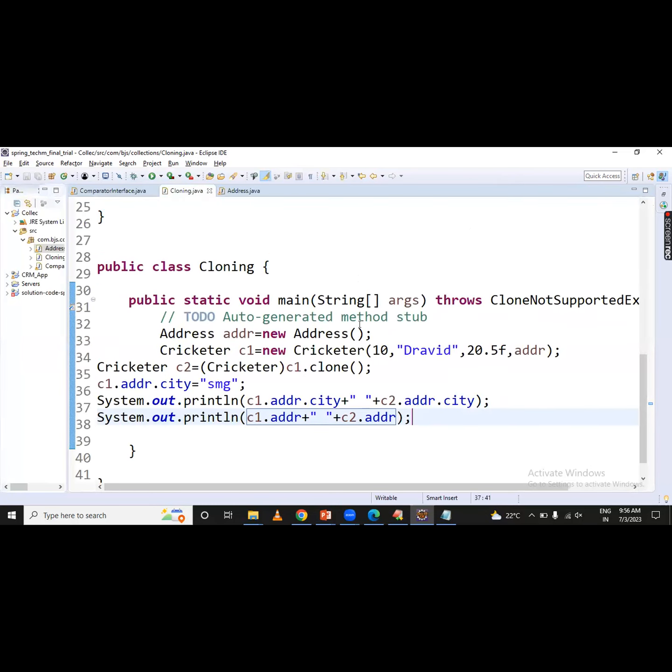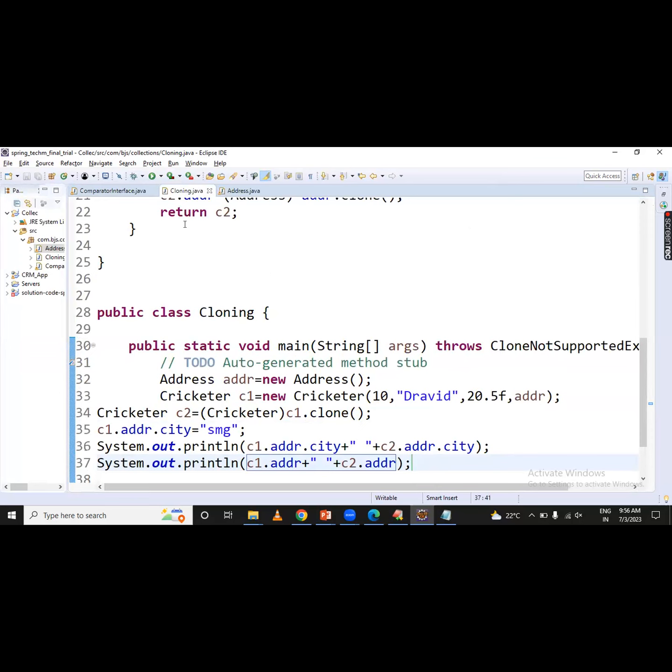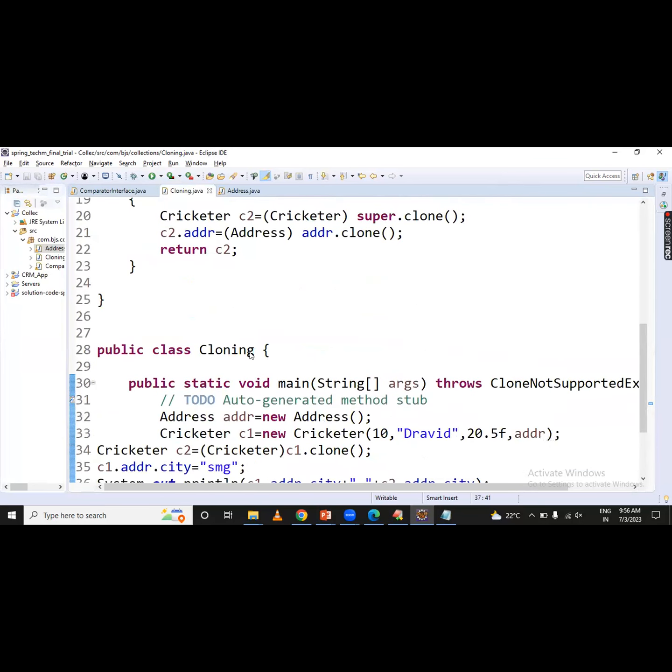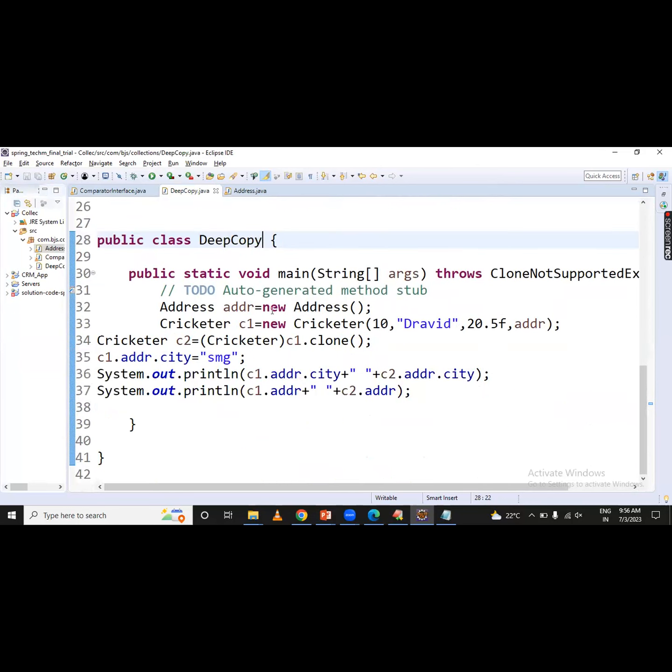So this is the program of what? I mean, exactly this program, whatever I have done, this is for cloning, but I'll say it as deep copy. Okay. So I'll pin M5 to deep copy. And then